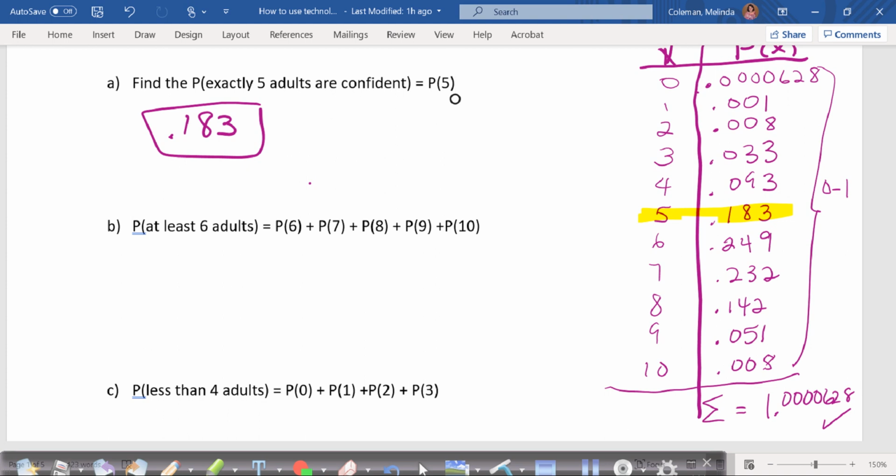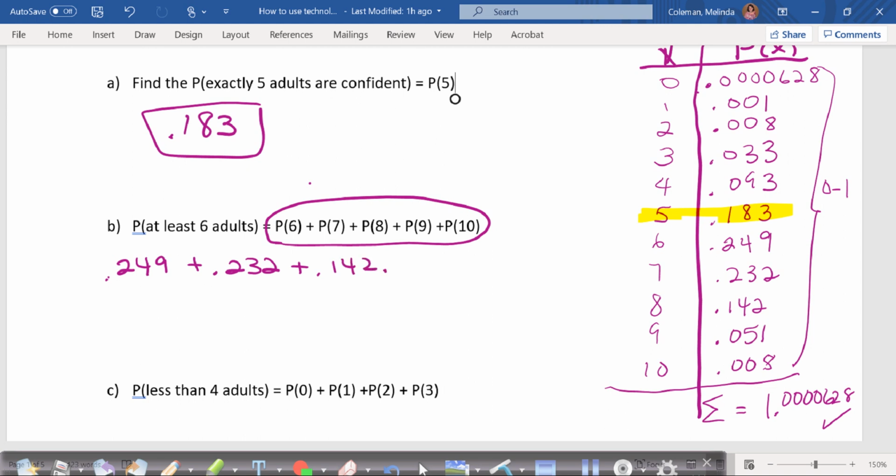Probability of at least 6 says that I'm going to have to do some addition now. At least 6 means it could be 6, 7, 8, 9, or 10 people. So I'm going to add all the probabilities together. 0.249 for 6 plus 0.232 for 7, 0.142 for 8, 0.051 for 9, and last the 0.008. If I add all of those up using my calculator, I end up with